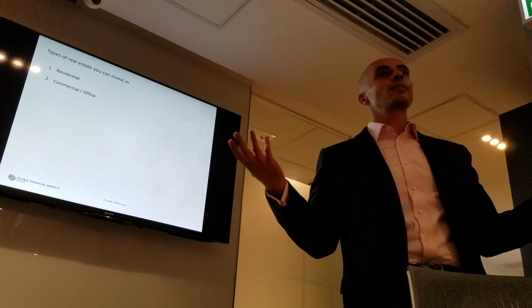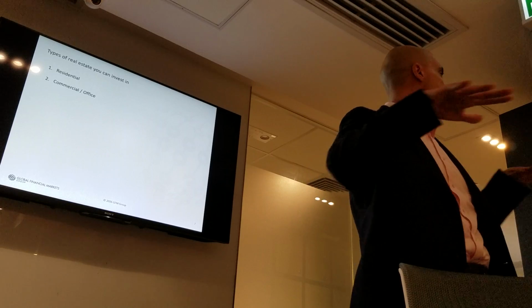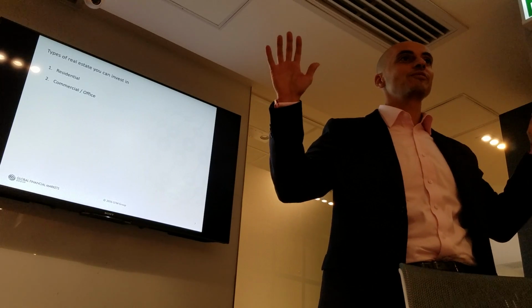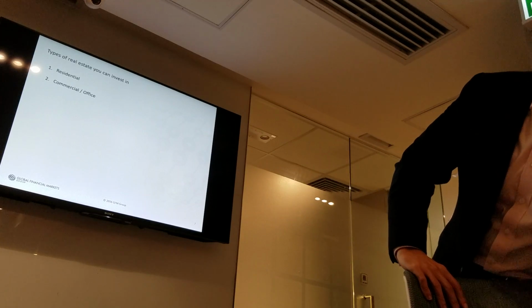Another class is commercial, specifically office space. Office space is one type of commercial real estate. We're in one example of commercial real estate right now. I pay the owners of this particular floor every month to use an office here. They pay the owners of the building every month to use the office space here.